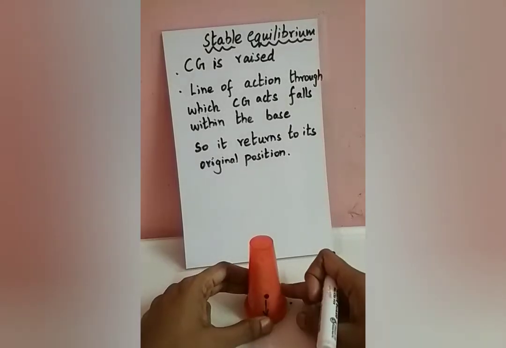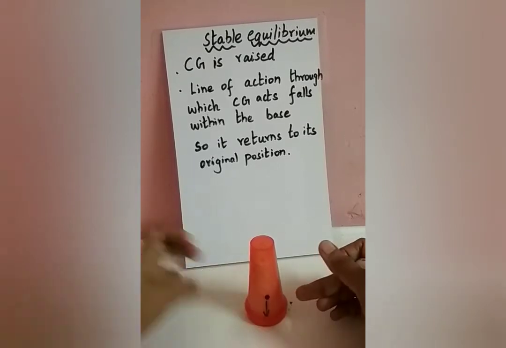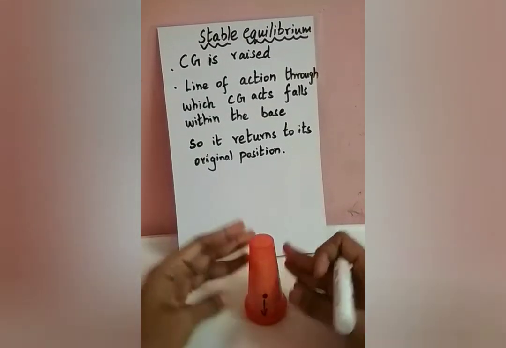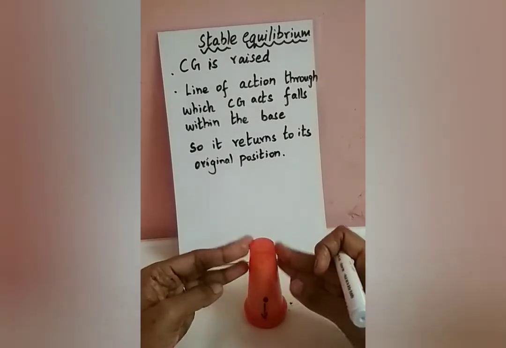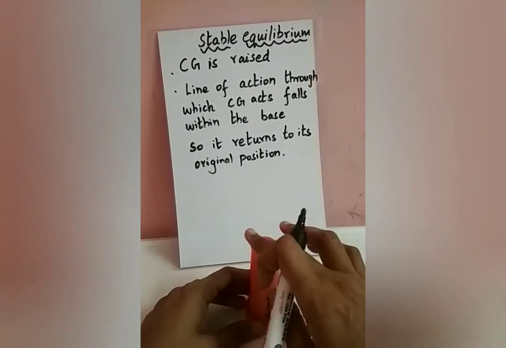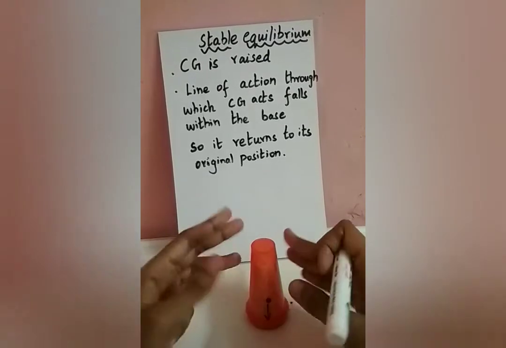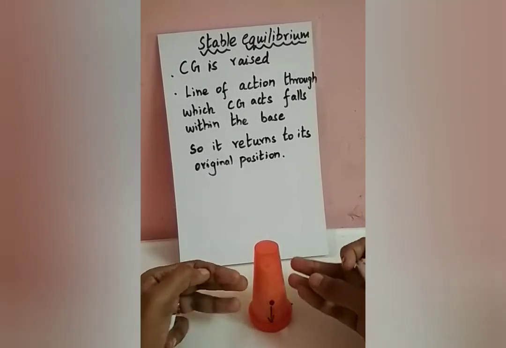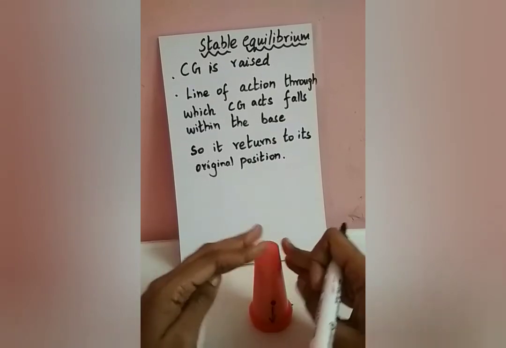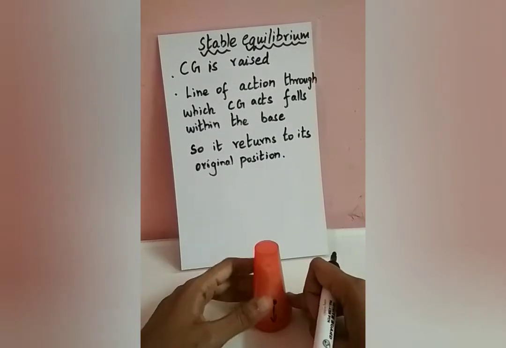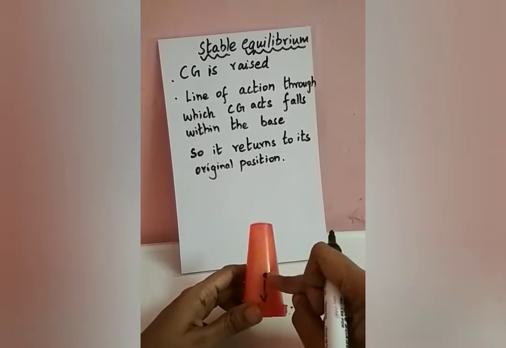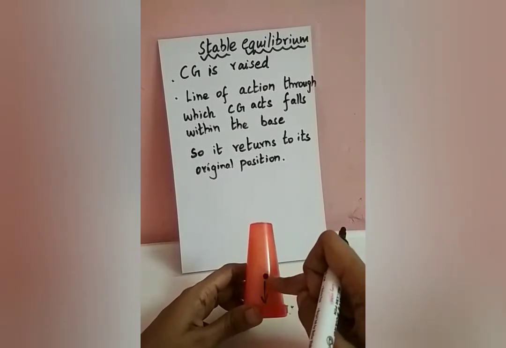In this video, we will discuss the first type of equilibrium, called stable equilibrium, with a book example which is given using a frustum. A frustum is nothing but a part of a cone where the top is cut, right? So this is a frustum which you can relate to a traffic cone. It is said to have a stable equilibrium because of the center of gravity, the point through which the entire weight of the body acts, right?